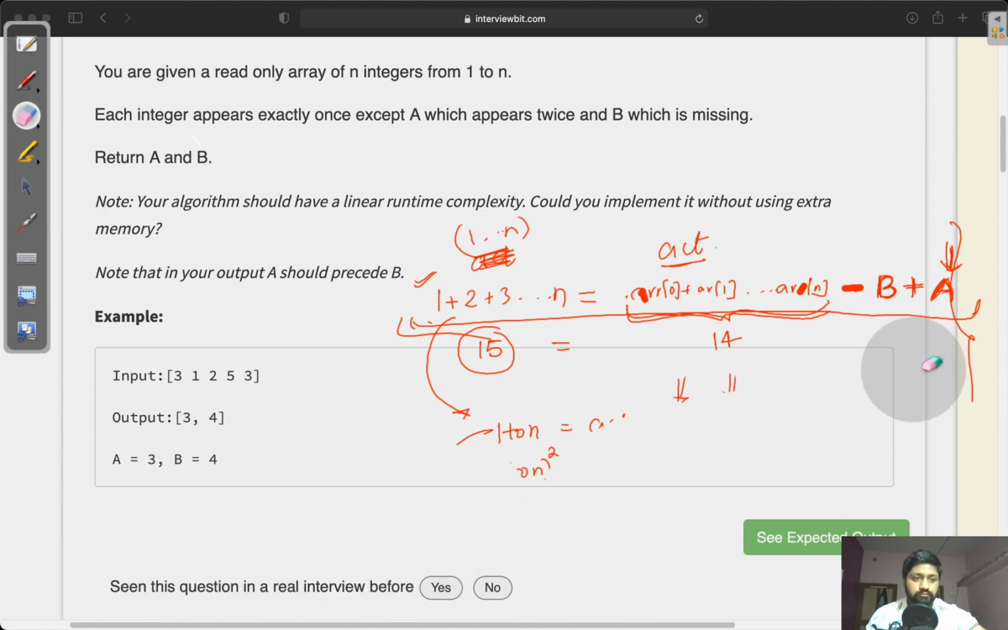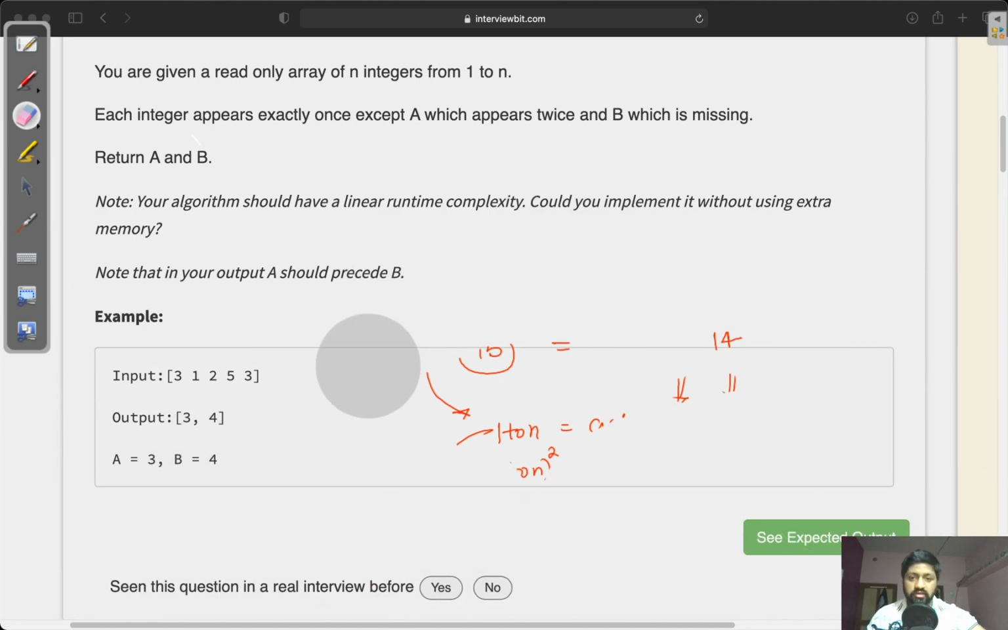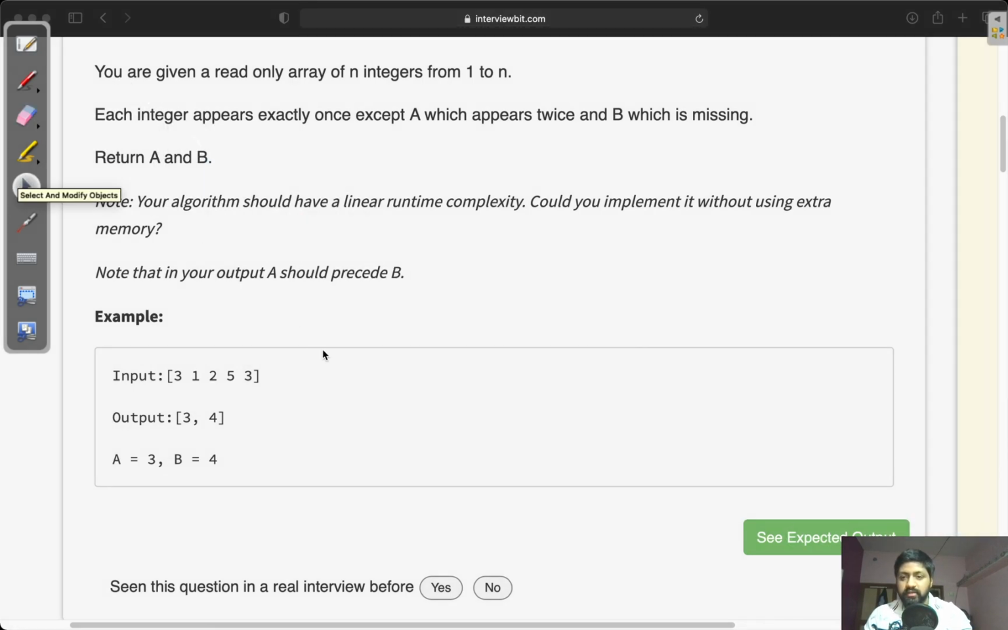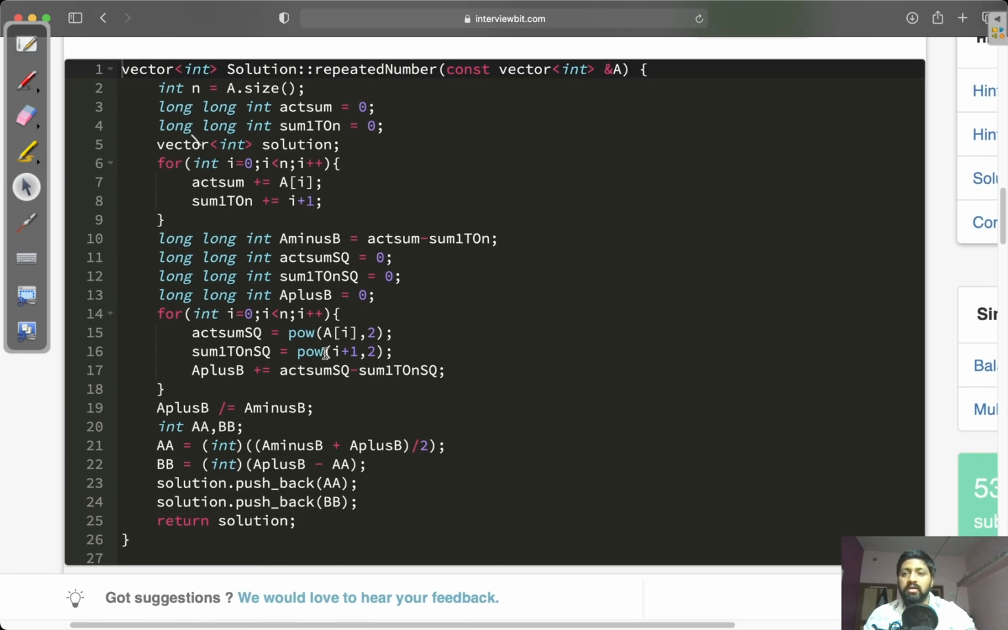See, this is pretty straightforward and simple if you got it correctly. Now this is our code which I have explained to you. Here actual sum represents the sum of all the elements of the array, and sum from 1 to n is the actual sum of the first n integers, that is from 1